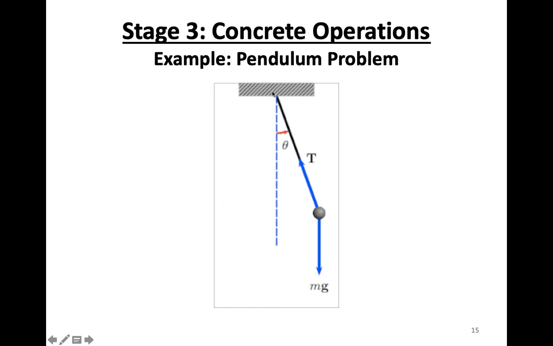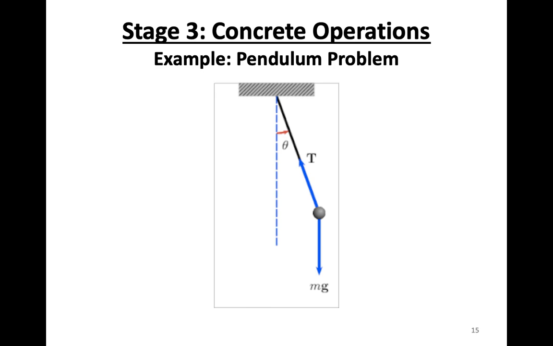Okay, so when you create a pendulum, you basically hang a string, you put something like a ball on the end, and you can pull it back and then let it swing back and forth. So the question is, what are the factors that affect how quickly that pendulum will swing back and forth? Well, there's all kinds of variables. There's the length of what's called an arm. There's the weight of the ball. There's the angle that you pull it back. There's all kinds of things. So you can do little experiments and you can try to test out all the different factors